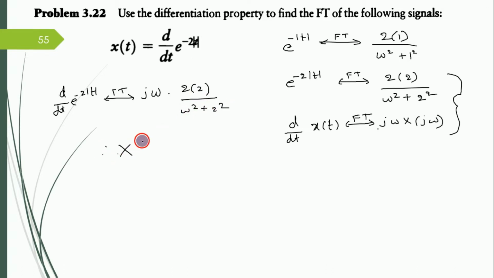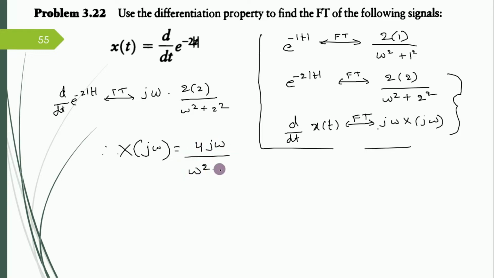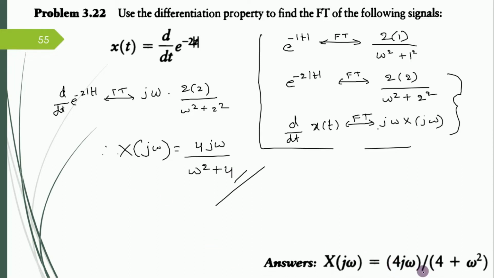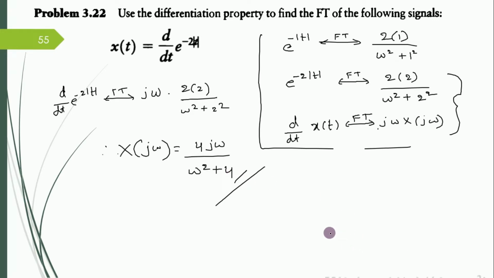So therefore, X of j omega, these are standard forms. See how small the problem is. 2 twos are 4, so 4 j omega divided by omega square plus 4. That's it. Your solution is done. This is your answer: 4 j omega divided by 4 plus omega square. Now on similar grounds,